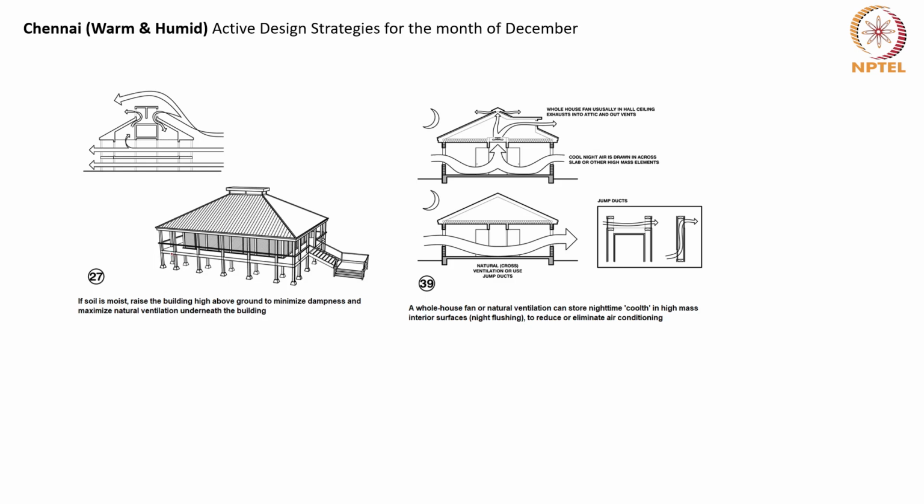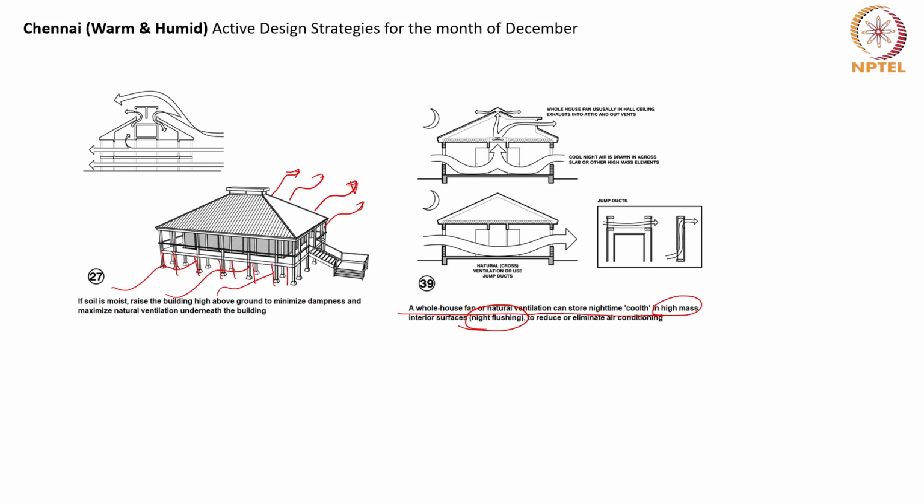So the first is we can raise the building on stilts or pilotis if the soil is moist, and that will also enable the stagnant moist air to be removed by natural ventilation. The whole house fan or natural ventilation can store the nighttime cooling with the help of a high mass and through night flushing to reduce the load on the air conditioner. Now we have seen what the simple passive strategies are